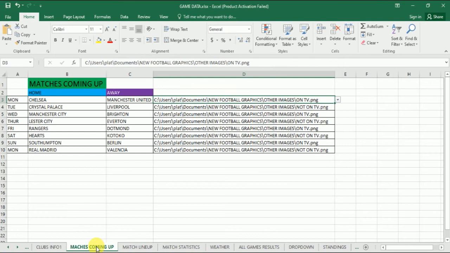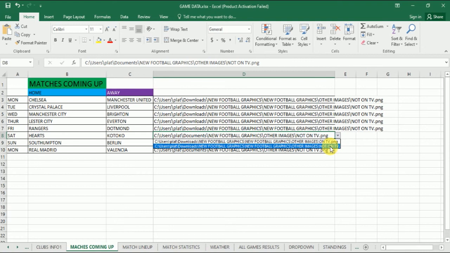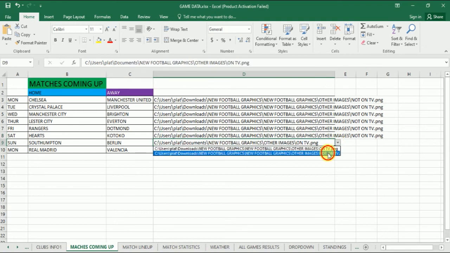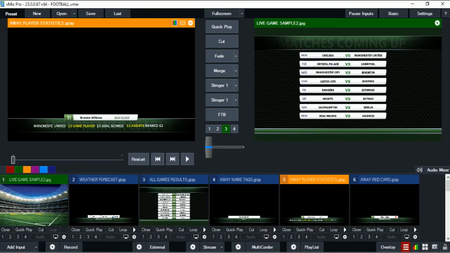When you hit save, you go straight to the match coming up, and make sure you select not on TV for all. There is a drop down over there. I think you can see it. Not on TV, not on TV, not on TV, not on TV, and the last one, not on TV. Okay, so this is what we have. You save it, then we go straight to the